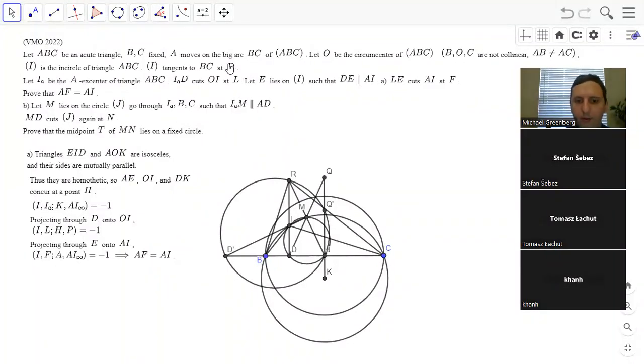So MIC is like RIC minus RIM. And maybe we could get it from there. So RIC is 180 minus DIC. And RIM is like RJD. Yeah, so let's see. I'm going to write this out, but it might just reduce to a bash. There's probably a better way, but